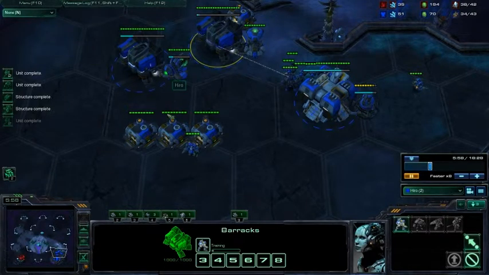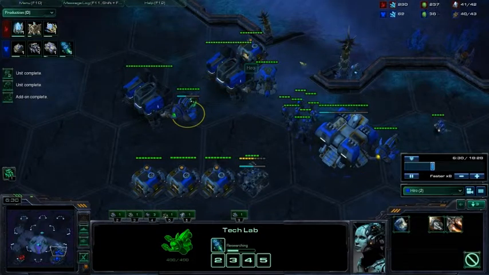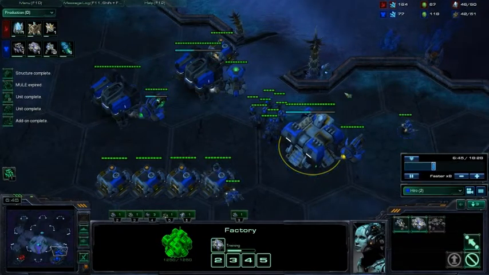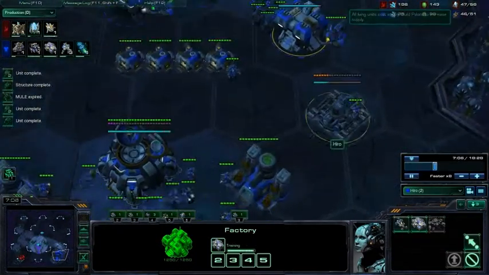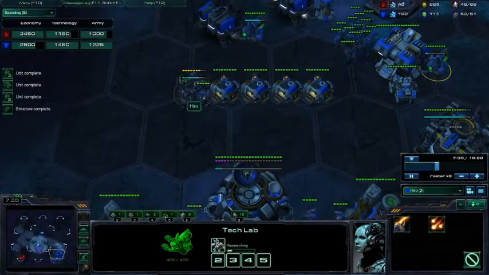24 workers, you are doing good on workers. Stim, that's good, you're doing good with the stim. You got your factory down and you're making a siege tank, and you do not have too much gas like you did before. Great job, great job. Looks like the spending is up to...